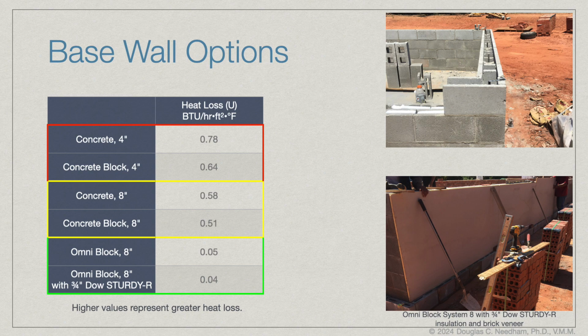I wanted to take it as far as possible, so that was also covered with a 3/4 inch Dow Sturdy-R insulation, and that dropped it to 0.04. So it has a U value of 0.04. I did not want to be losing any more heat than absolutely necessary through the base wall of the greenhouse. And there you can see the construction as the base wall was going up. You can see all those pieces of foam in there, and then the Sturdy-R going on, and eventually the